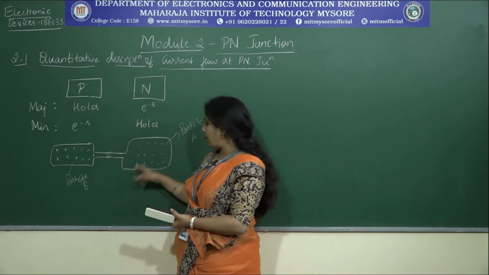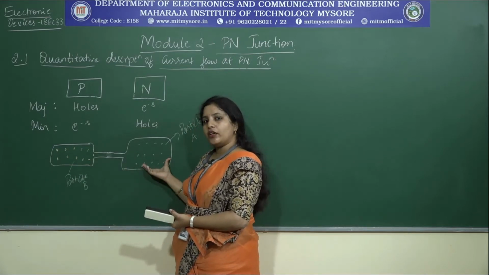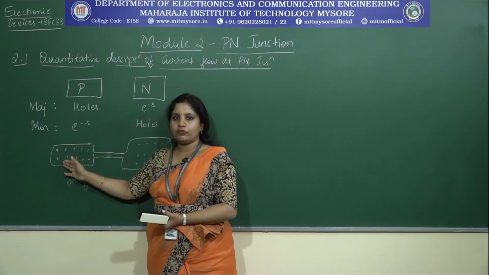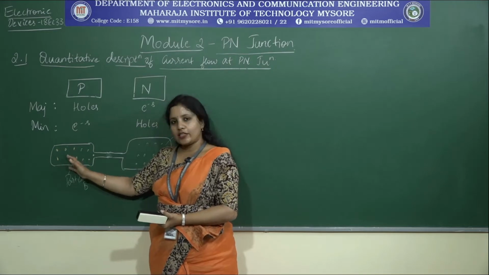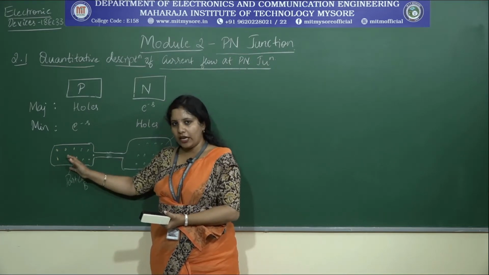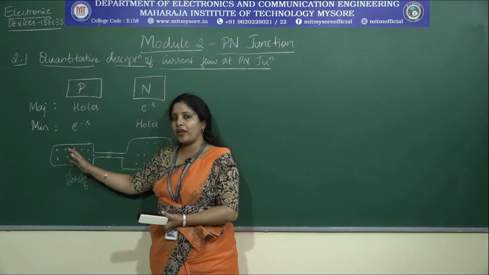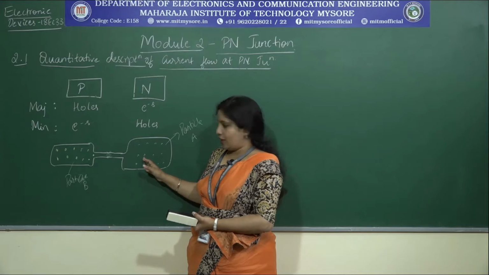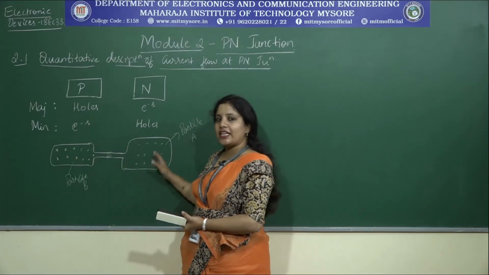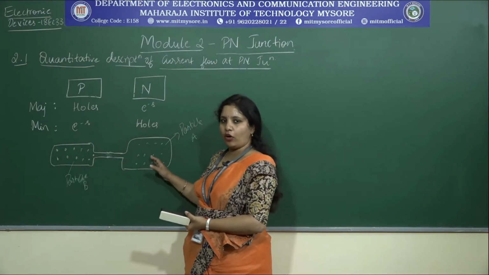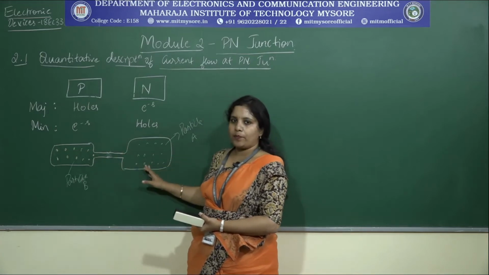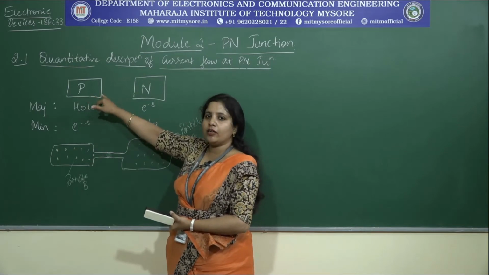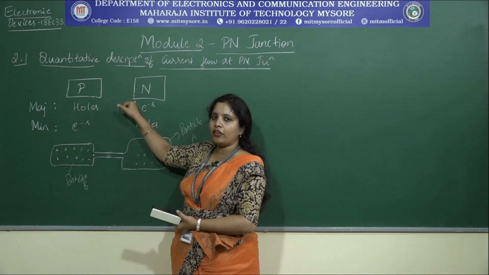So, what is happening? These gas molecules tend to move and get diffused into the lower concentration. Similarly, the gas molecules present in bottle B tend to diffuse from a higher concentration to a lower concentration. As a result, there will be a mixing up of both the gas molecules in both the bottles. Now let me try to apply the same analogy when I get the p-type and n-type material close to each other.